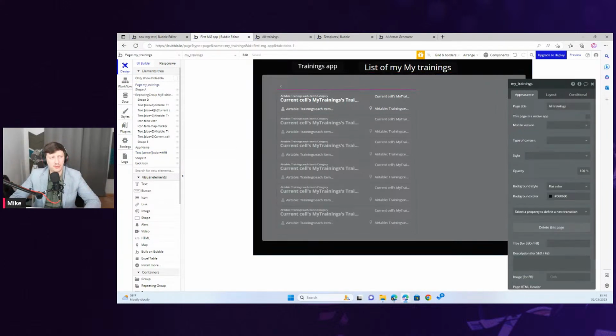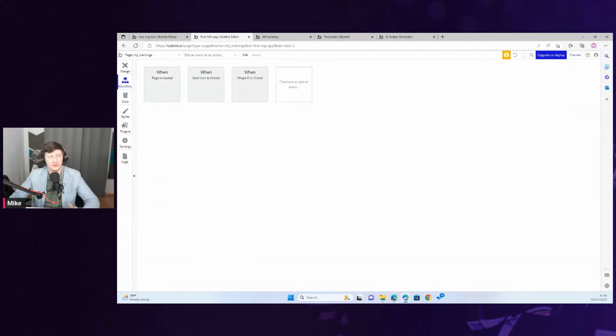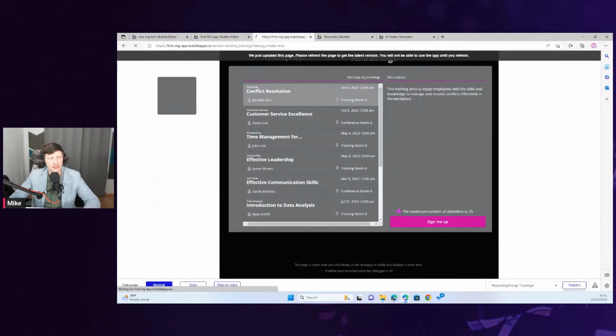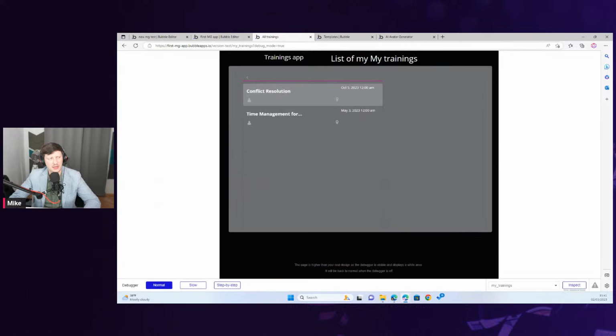Whenever you're building something big, you'd better stick to the styles. In Power Apps, well, it's not that easy, but in Bubble, since the start, you already have to use styles, and this is something cool.